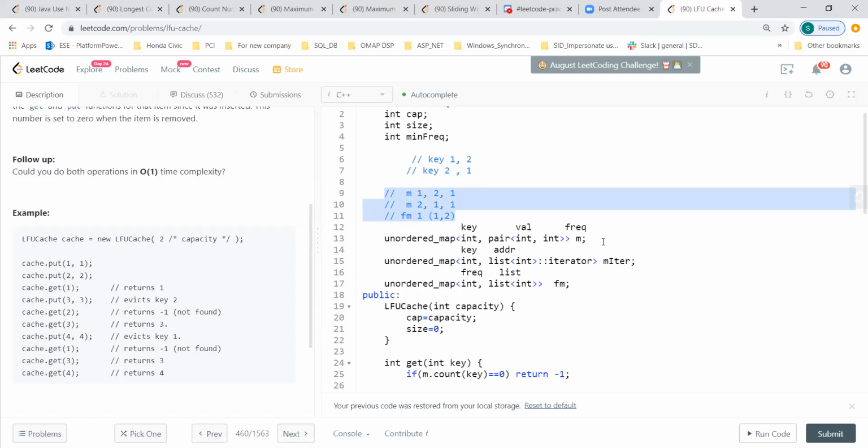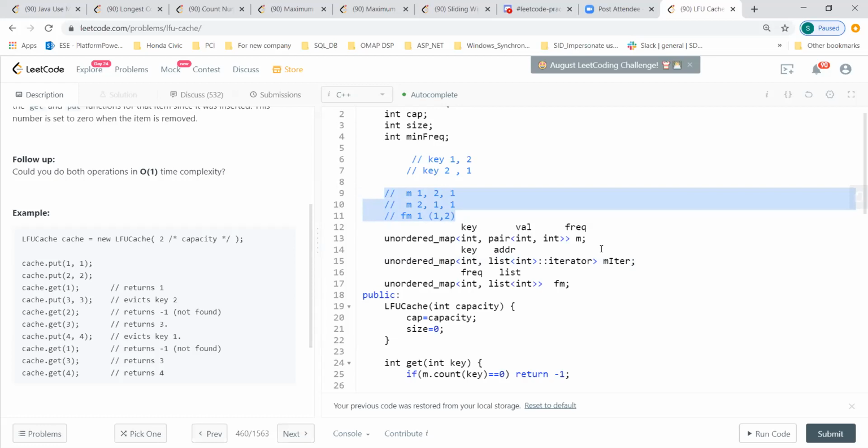So when we say key, we basically mean the position, like the cache position, I guess. I don't think so. Key is a key value pair. Maybe more like an index, since in the example they are showing 1 1, 2 2, 3 3, 4 4.